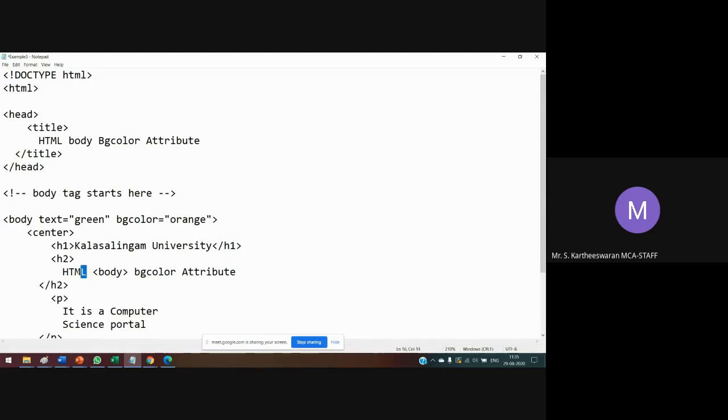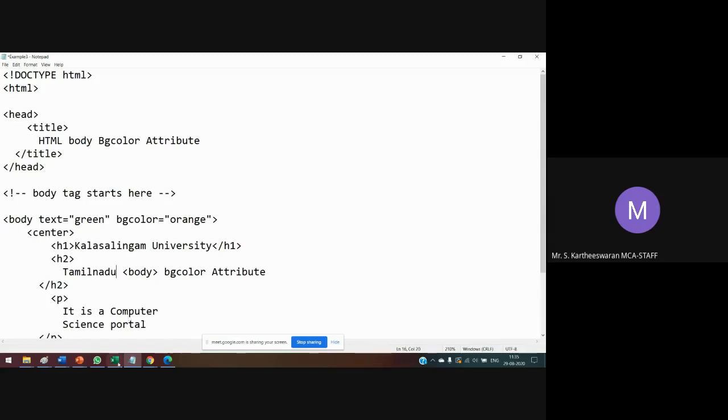You have to mention Tamil Nadu. H2 is a little lower, ending with slash H2.